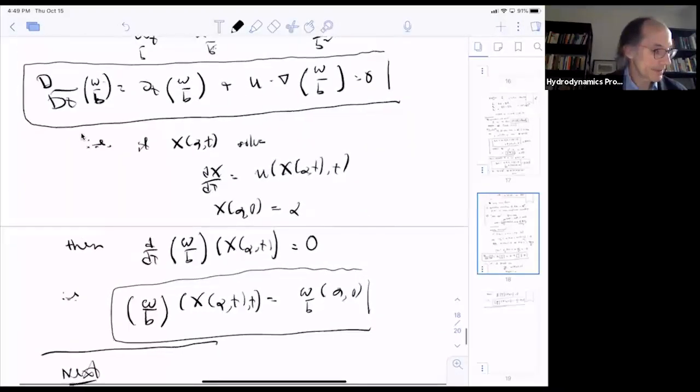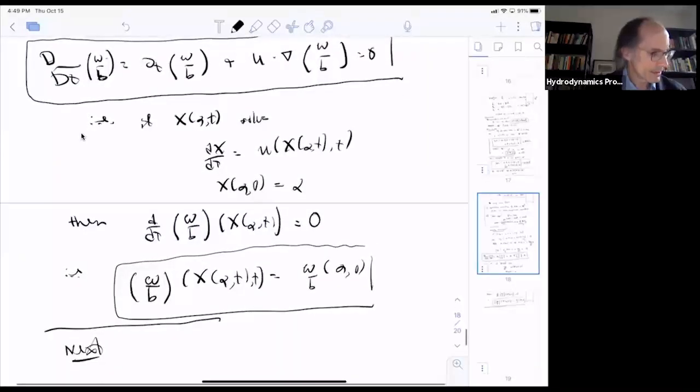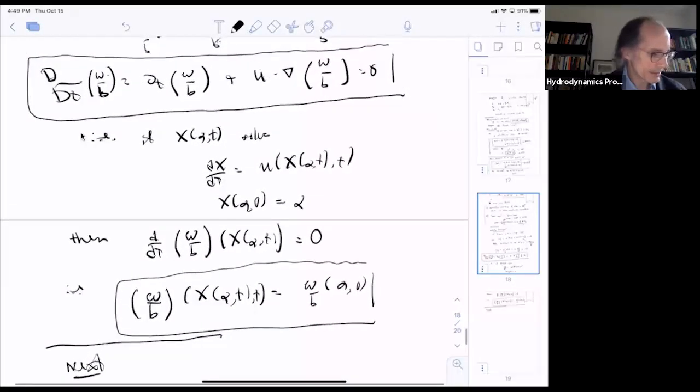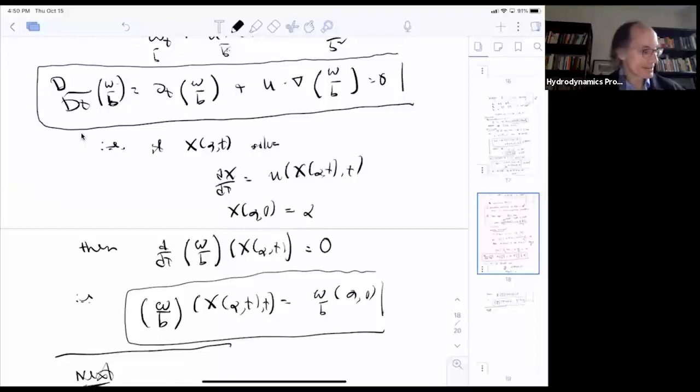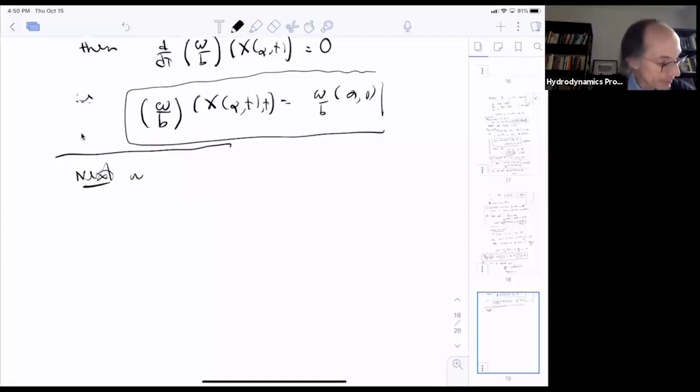let's look at this. Right. Okay, good. So let me rewrite this. So let me multiply by b. Again, dbt is 0, so I can bring that outside the derivative, and I can write d omega dt is bu, the dot product with the gradient of omega over b. Rewrite